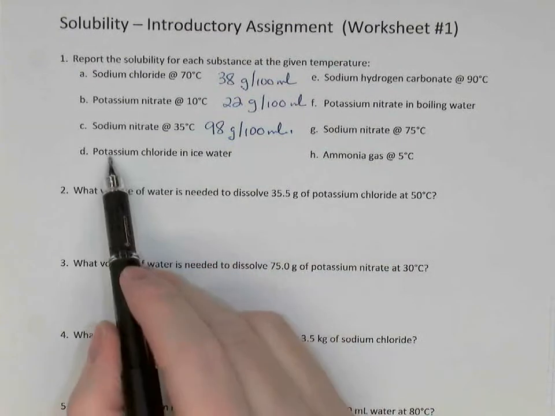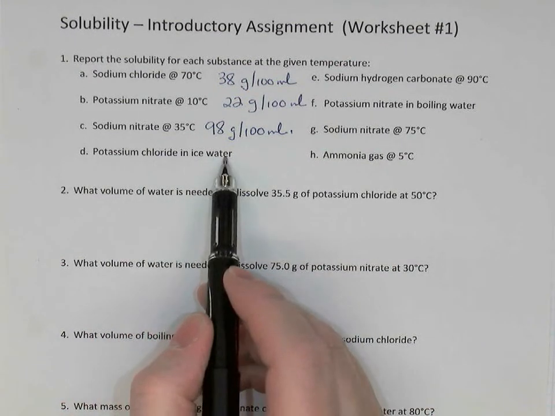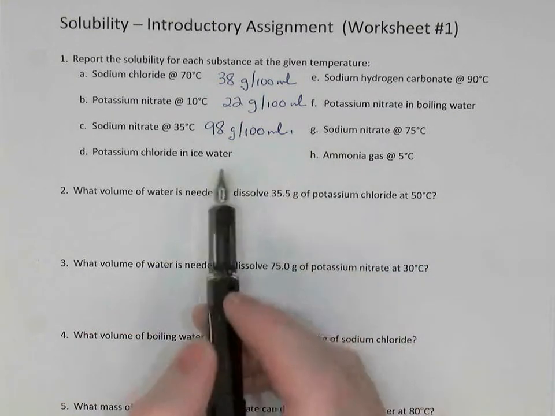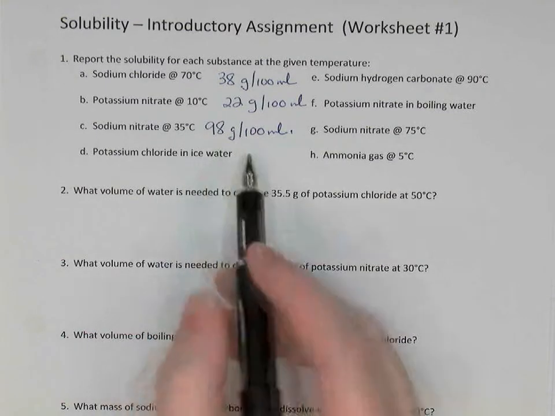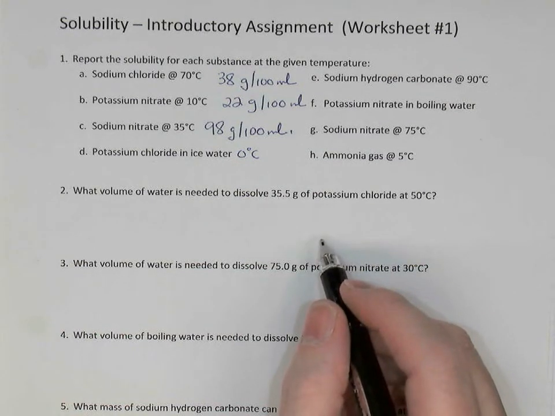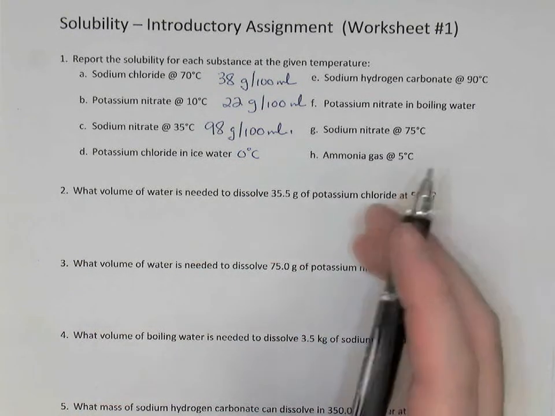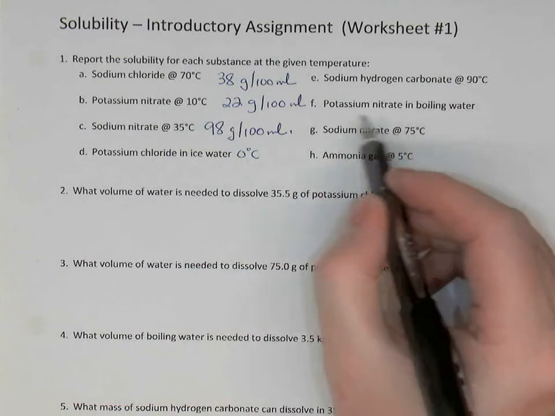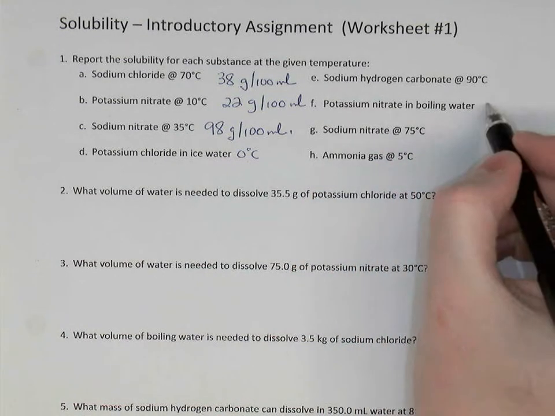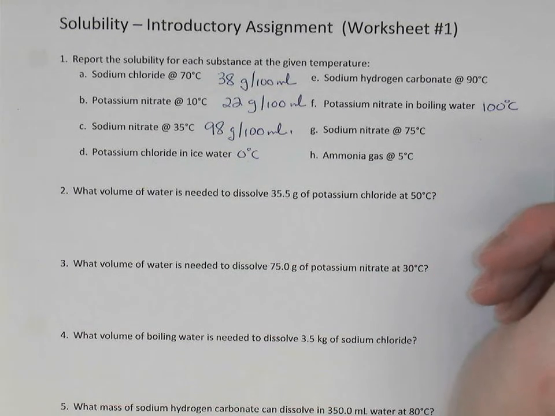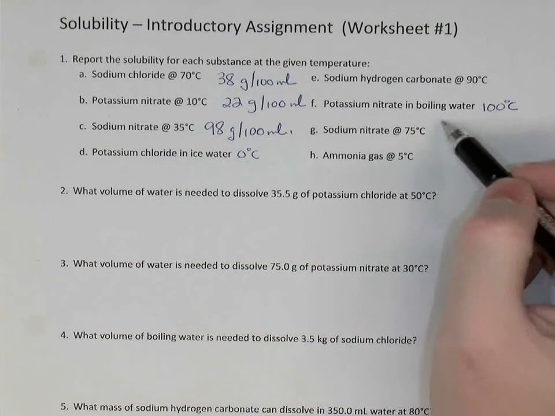One more, potassium chloride in ice water. There's two types of situations on this question sheet where the temperature is not mentioned explicitly. Here's one of them. Ice water means 0 degrees Celsius. Water's freezing melting point is 0 degrees Celsius. So if you've got a beaker full of ice and water, the temperature for that will be very close to 0 degrees Celsius. The other one is over here in part F, boiling water, it says, and we know that water's boiling point is 100 degrees Celsius at atmospheric pressure, so that's a standard pressure rather,